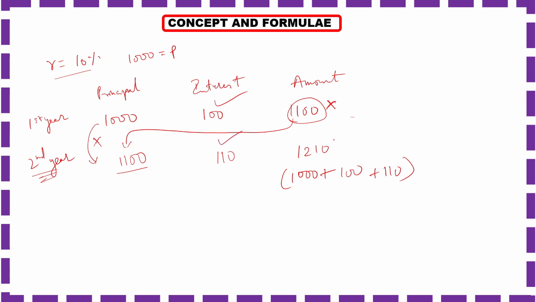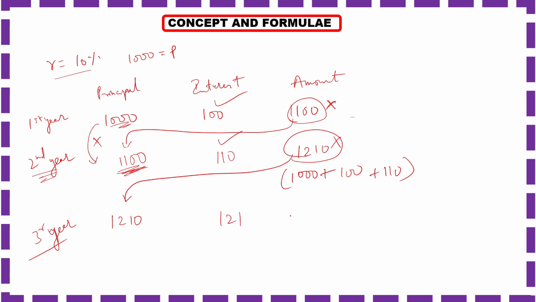Now let us assume that you are not going to pay at the end of second year also. You want to pay at the end of third year, right? Now what is the principal for the third year? It's neither 1000 nor 1100, it's 1210, right? So 1210 is the principal for the third year. And what is 10% of 1210? It's 121. And the amount at the end of third year that you must pay to your friend is 1331. Why 1331? 1000 is the principal, 100 is the first year's interest, 110 is the second year's interest, 121 is the